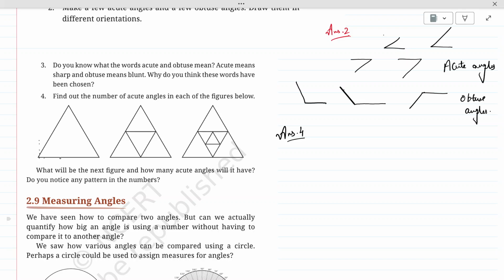So this is less than a right angle, 90 degrees. This is acute 1. Similarly, if I make this a right angle here, because now the line is in the opposite direction, we have to start from here. So this is 2. From where we have to measure the angle, we did all this in grade